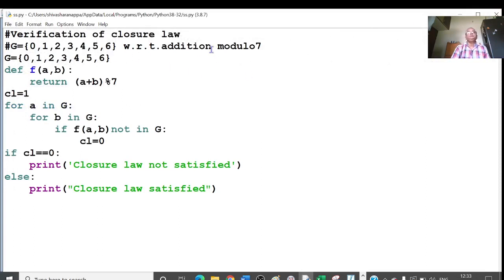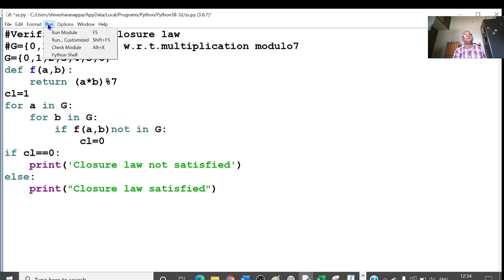Now we'll go to multiplication modulo 7. I will write here this multiplication star. I am taking this same G here, right?